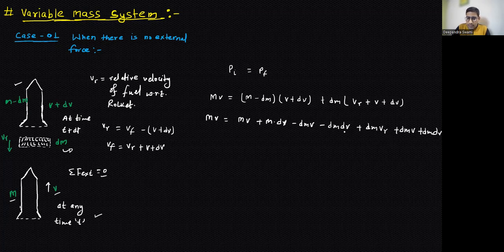Now here we have two terms, dm into dv and dm into dv. Although they are very small, we can neglect them, or otherwise we can cancel them out. And here we have dm into v that is negative and dm into v that is positive, so that will also cancel out, and m into v also cancels out. So we have 0 equals m into dv